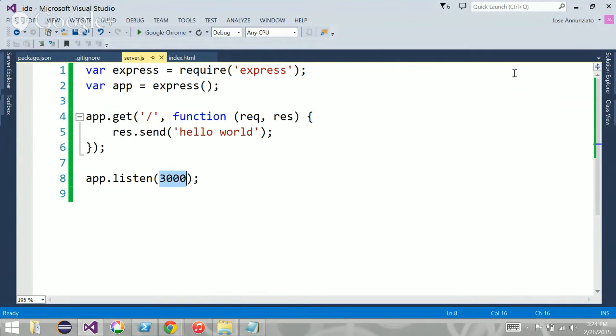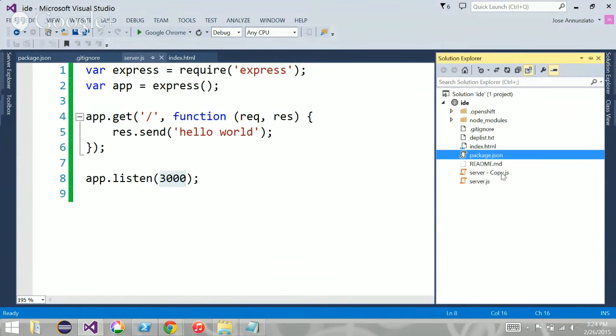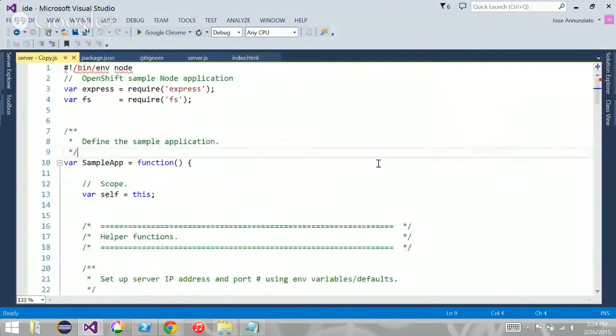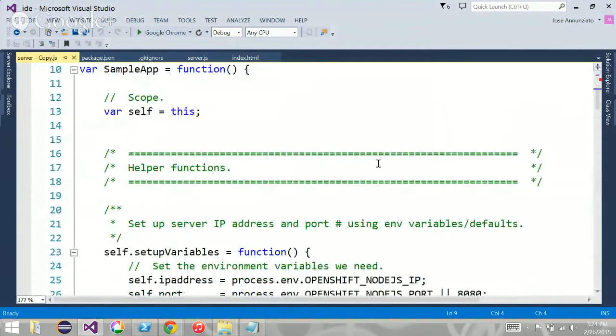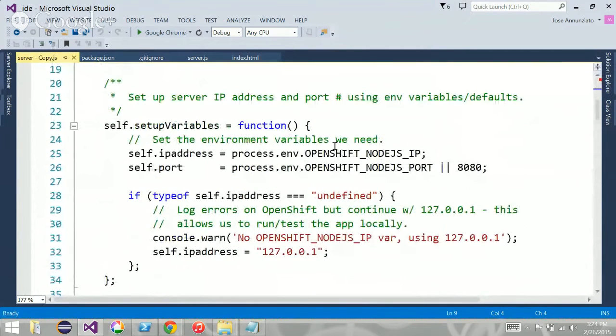If I go back to the server that they had, we'll notice that there are a couple of things here that we do need. Okay, this is an environment variable that the environment where this is running, which is OpenShift, sets for me so that I can know what the IP address is, and I can know what port I should use. You see that? Okay. So what I could do,